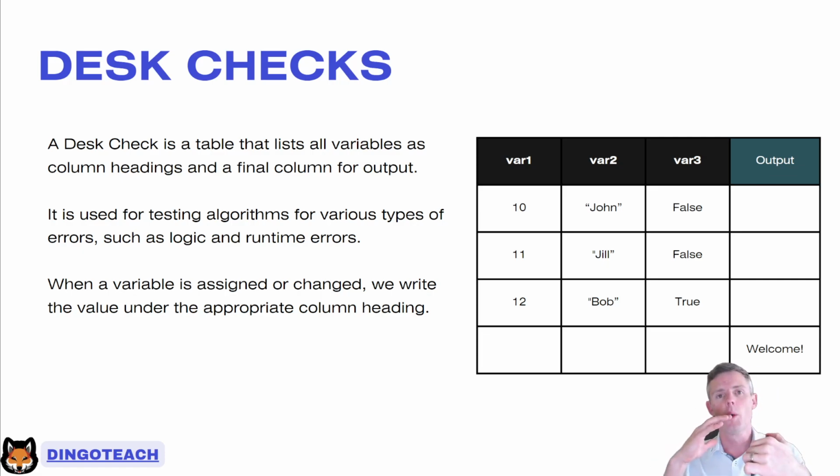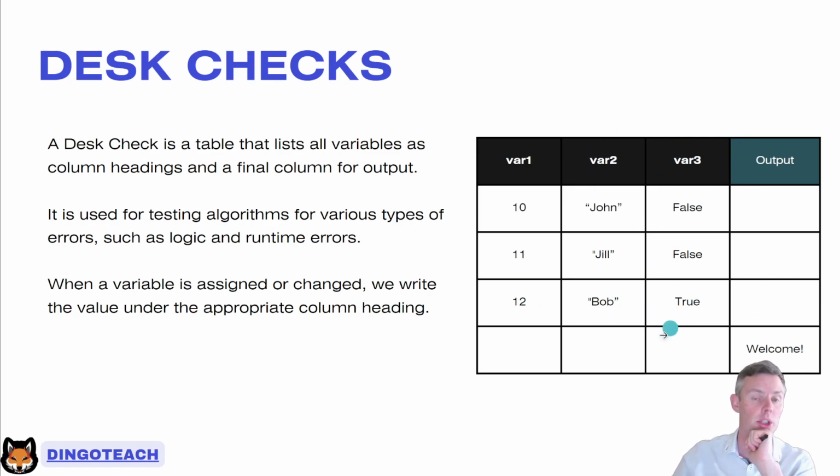So essentially, what a desk check is, it is a tool where you list out all the variables in your code plus an extra column for the output of your code. And anytime a variable is assigned a value or that value changes, we simply write the value under the correct heading. In some instances, you see people will cross out the value and write the new value. I don't see the point in crossing it out. I just simply write the new value at the bottom, knowing full well that that's the value for the variable. Such as this will be now 12, that's going to be Bob, that's going to be true,